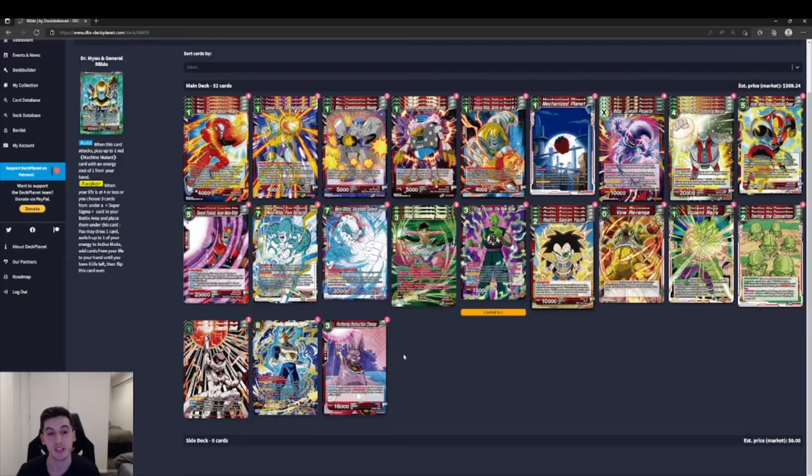Today we're going to be starting off our deck ideas segment for Ultimate Squad, kicking things off with Dr. Myuu and General Rildo. For those that are new to the channel, we're going to be going through all the leaders in the upcoming set Ultimate Squad to give you a bit of a base point on what a complete